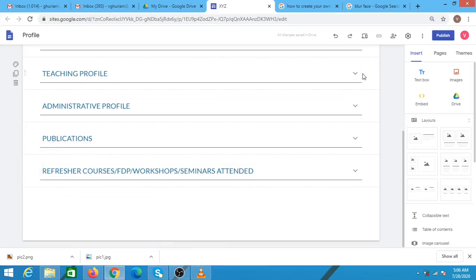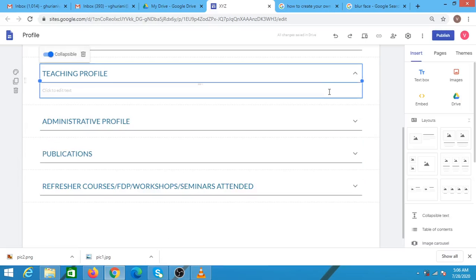Once these sections are ready, you can easily click them and enter the text from your profile. So this is how it can be done very easily.